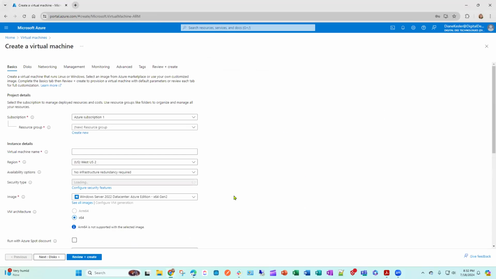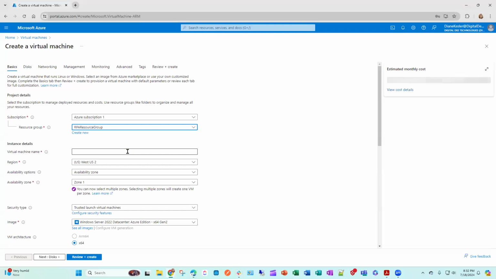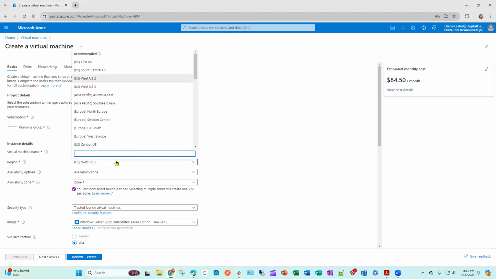Okay, now it'll go through, and this is kind of like the quick setup for it. The very first time you come through here, if you're using Azure, it will create a resource group for you. You could choose create new, and I chose RPA resource group. And the virtual machine name, I'm going to go with the naming convention, RPA server 8. This is the 8th one. And the region, you can choose the regions. There's various regions here. I'm going to try US West